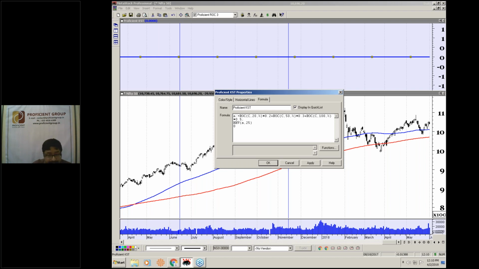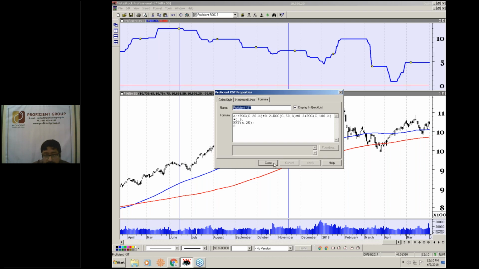A stands for KST. How does it look? So this is how it looks, right? And let's assign it the variable X,